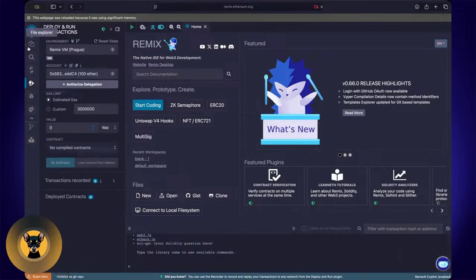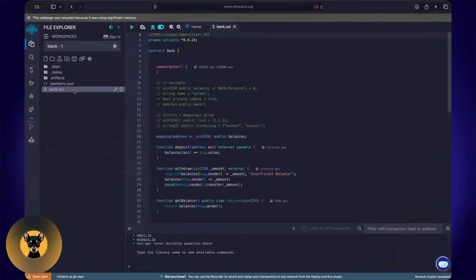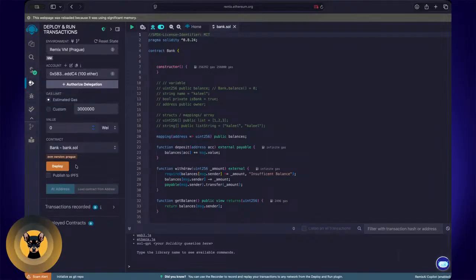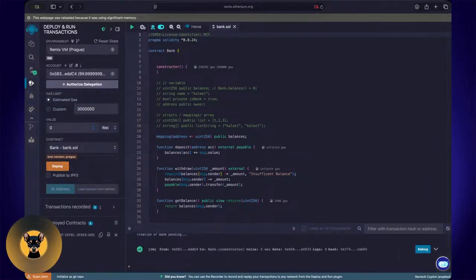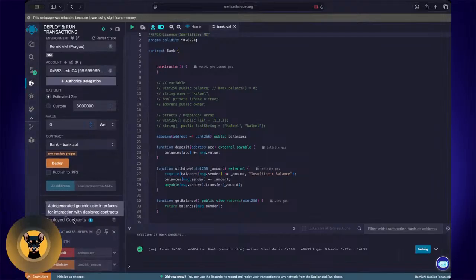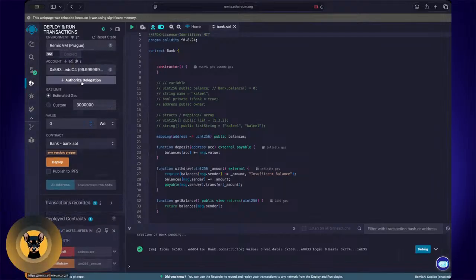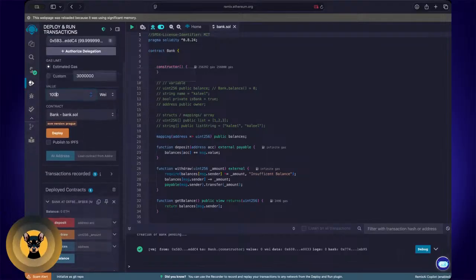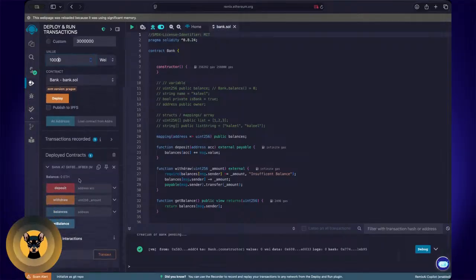So yeah, I need to deploy this again, and I'm going to be quick about this because Remix is kind of not working properly at the moment. So I'm just going to put in the value and call this function, deposit, and I can get the balances from here. So you can see I have this